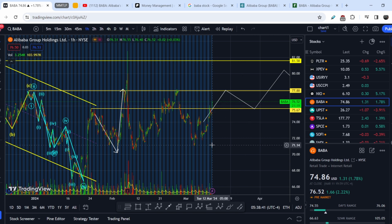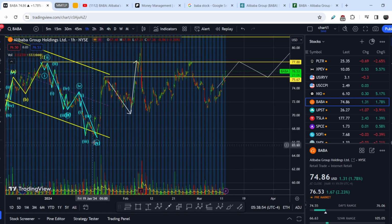or for now it is less likely, but it is still possible that it might break the $71 and $70.5 marks, and in this case we will have the next range of support. Let me show you its lowest point that was established at the very end of January of 2024 at around the $66.6 mark. But so far,